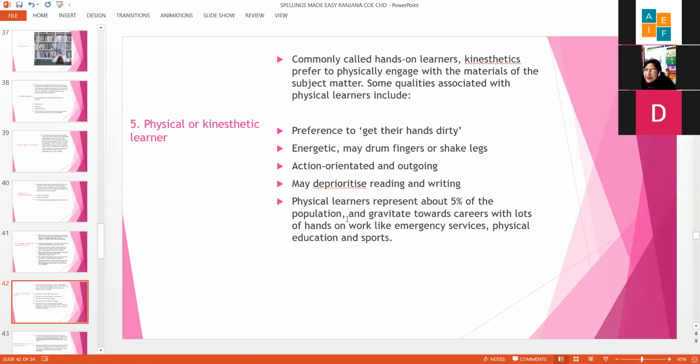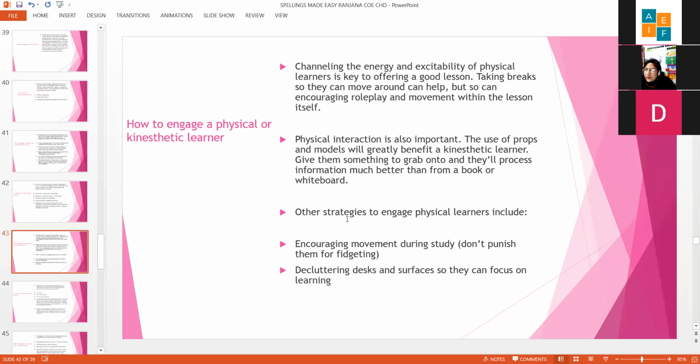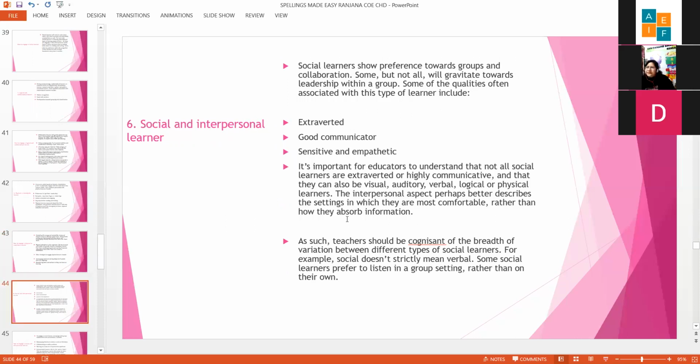And for physical and kinesthetic learners, obviously you can do games in which you can involve all 5 senses. Even if you do an action song in the class, it makes a lot of sense because there's a lot of movement in the class. So there are ways and means of engaging kinesthetic learners in the classroom. If you are teaching spellings, they can clap. Wherever there is a double letter, they can clap twice. So these are very simple ways of teaching spellings in the class.